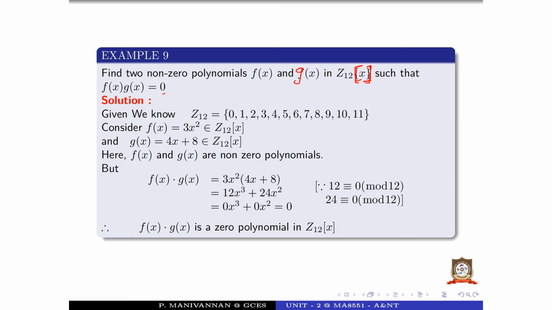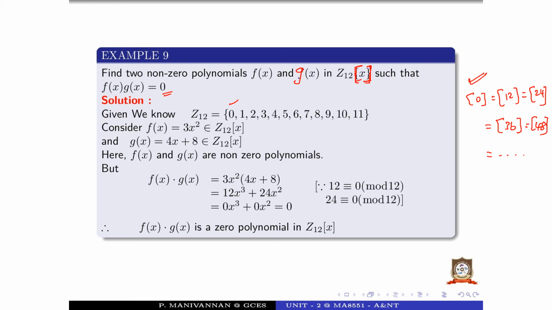When it will be 0, 0 equal to 12 equal to 24 equal to 36 equal to 48 is equal to, and etc. These are 0. Okay. Now consider two polynomials with coefficient multiplication must be in these terms.